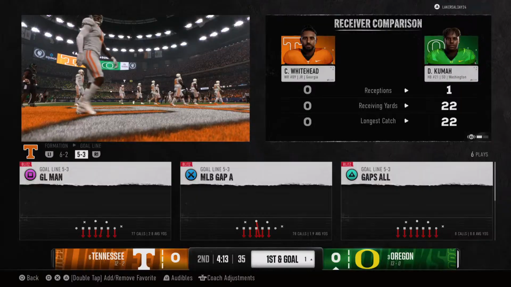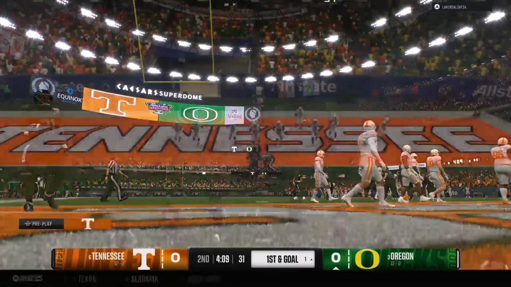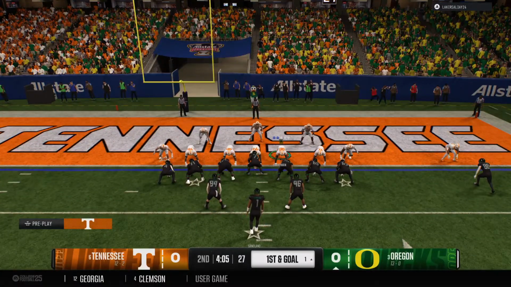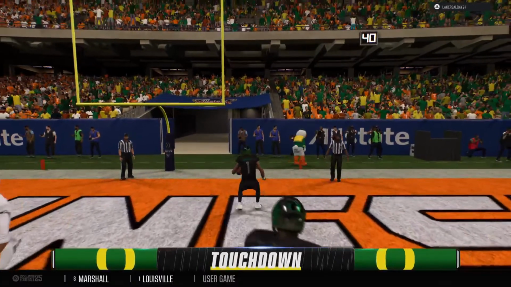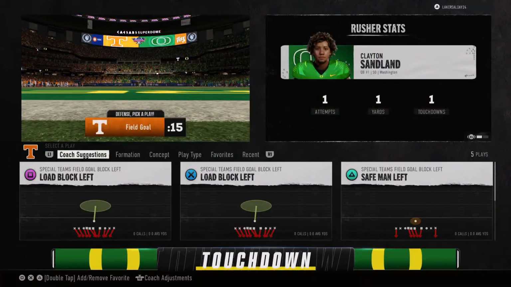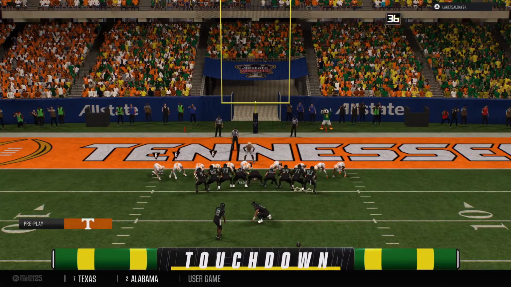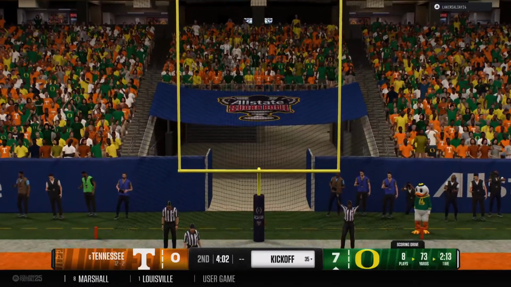The defense has got to do a much better job here of adjusting to the pre-snap motion. They just kind of stayed in place, and it gave the receiver plenty of room there to make a nice play. And the quarterback tucks it and takes off as a design run. And he runs it in for the score. Touchdown, Oregon. And they get set now to try the PAT. PAT is good, so it's 7-0.